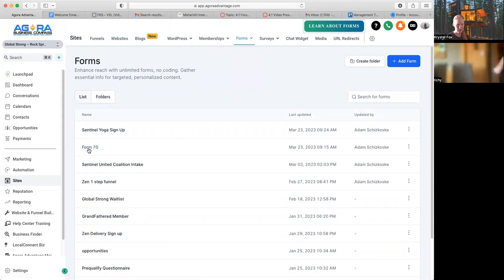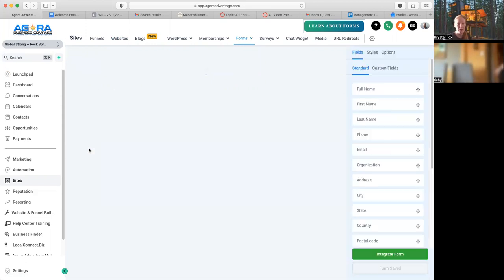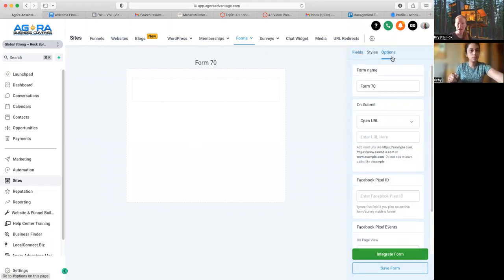So we did, and I'll go back and erase this so that it's just for training purposes. But we'll go to form number 70. In form number 70, you go over into options. So up on the top right, options, you go into the form name and you change it to whatever you'd like. So today I'm going to change it to